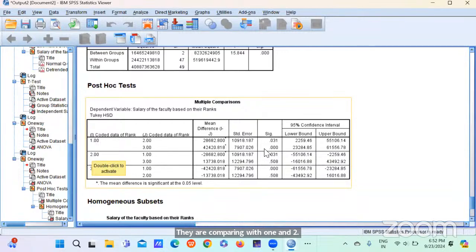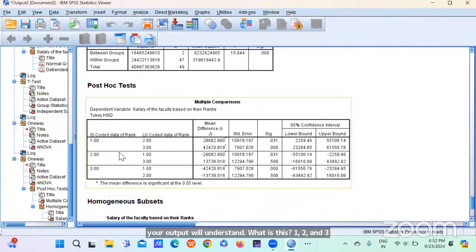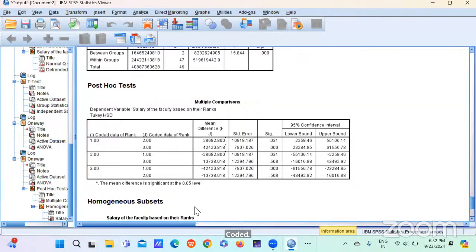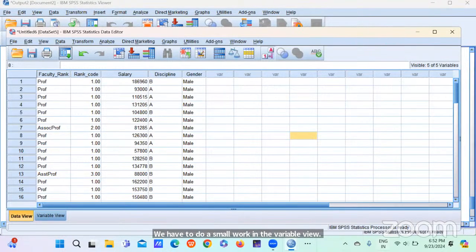Now you and I know what this 1, 2 and 3 is. But the third person who is going to come and see only your output, how will they understand what this 1, 2 and 3 is? So to make this coding meaningful, we have to do a small work in the variable view. So coming to the variable view,